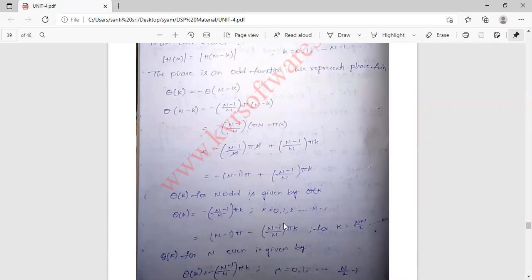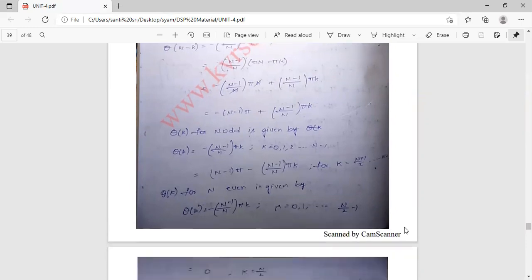So multiply this one: n minus 1 by n into 5k, for k equal to n plus 1 by 2 to n minus 1. Okay, so theta of k for n even is given by theta of k equal to minus of n minus 1 by n into